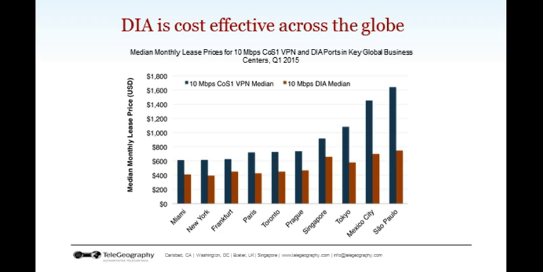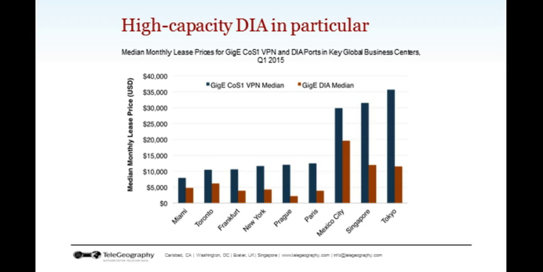So let's look now at dedicated Internet access. If for some reason broadband subscriptions aren't available or that's not the right option for you, certainly there's some pretty big differences in price between still the VPN and the DIA. So we're looking here again at 10 meg class of service 1, that's voice and video VPN versus 10 meg DIA. And you see that there is a pretty significant difference even between just the VPN and the DIA. The average difference here is about 43%, meaning the DIA is about 43% cheaper than the VPN.